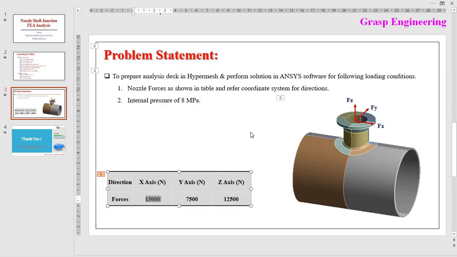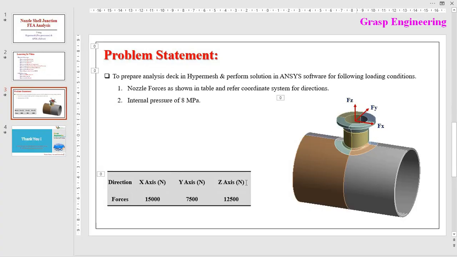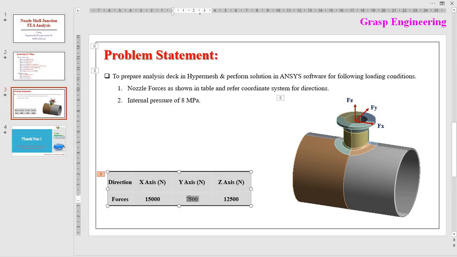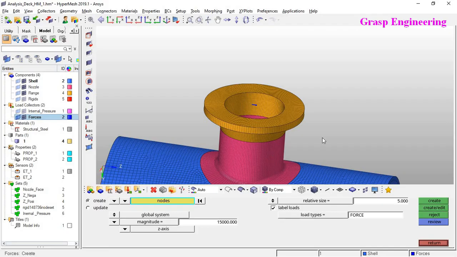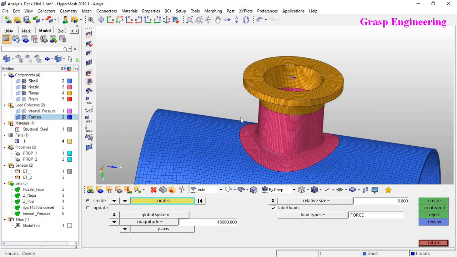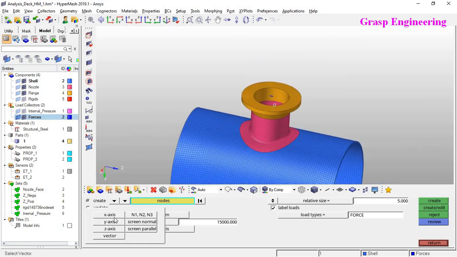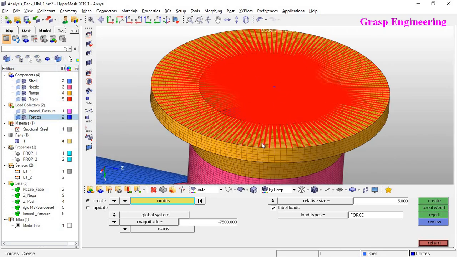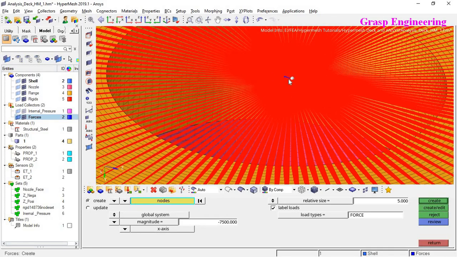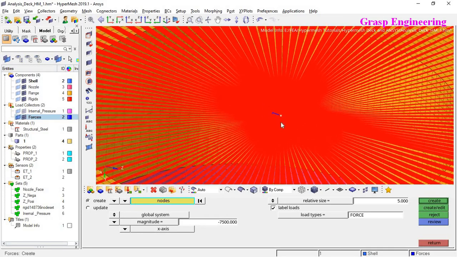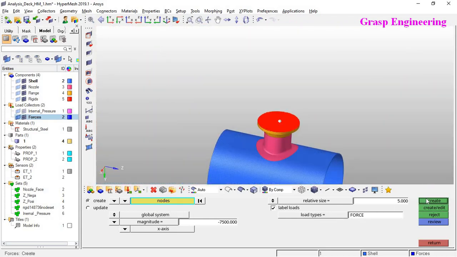Let's apply the y-axis, that is transverse 7500. Let's select the y-axis here, and we will apply negative 7500. Select the node. On that node we are going to apply that force.